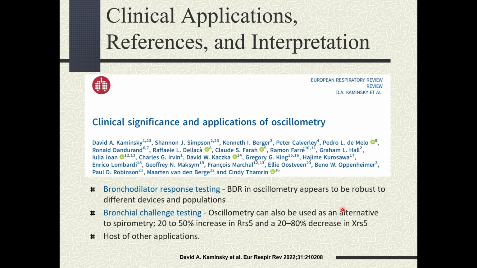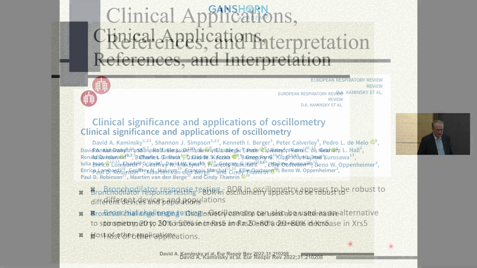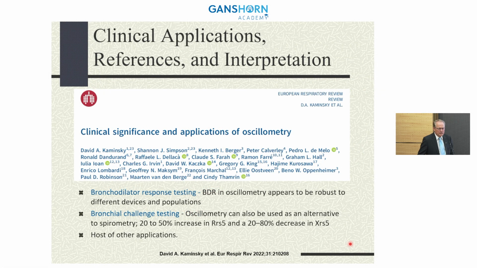One is bronchoresponsive testing, where oscillometry appears to have robust differences related to devices and populations. Bronchial challenge testing, where oscillometry can also be used as an alternative method to spirometry, and what that change may be. Now, since David's paper, there have been some other information that have been published that I'll share with you,